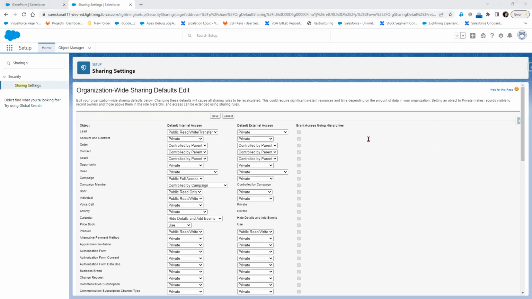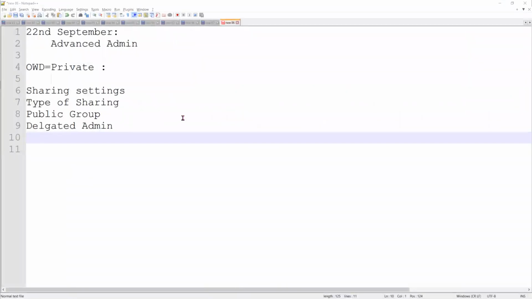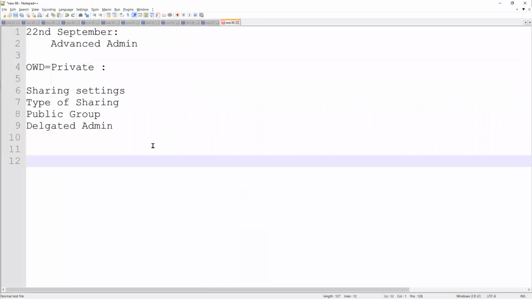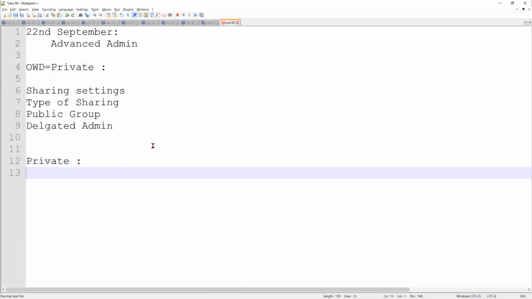Now, first of all, what is private? What do you mean by private? Only the records which are created by the user, only he can see the record. No other person can see. When the object's OWD is set as private,